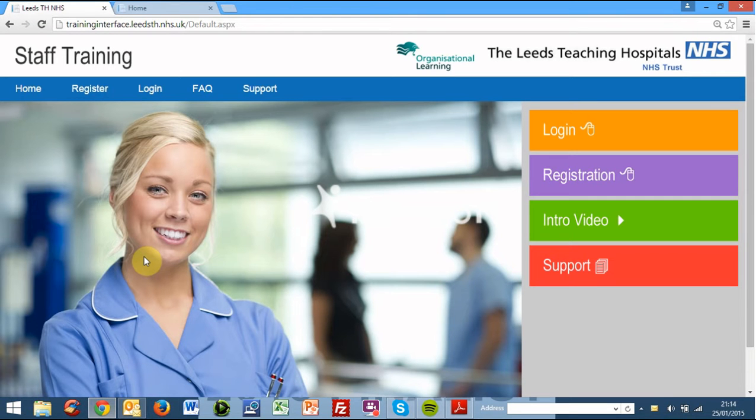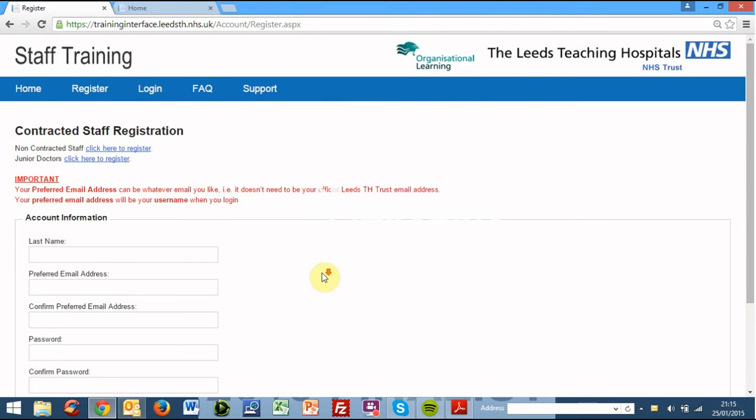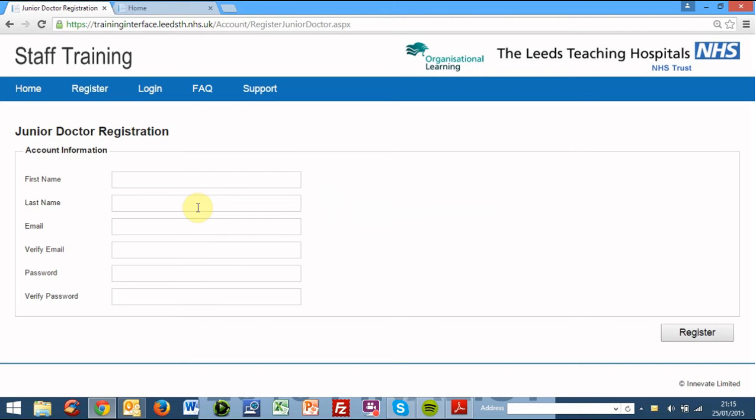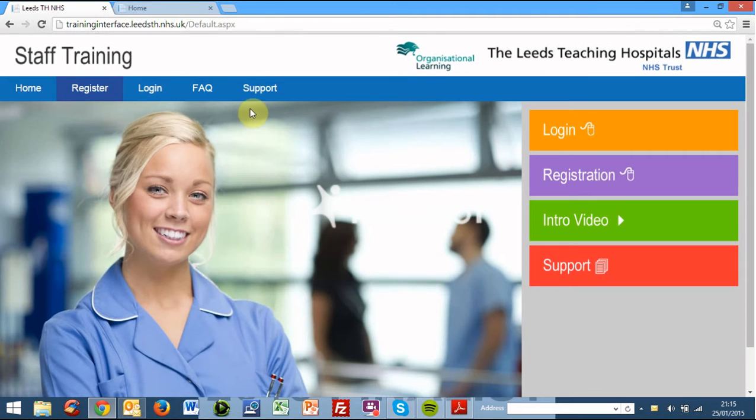So if we go back to the system, I'm going to register, and I'm just going to go through the registration first of all. It's very simple. So if we click registration, we go through. This is in relation to a contracted member of staff, but it's pretty similar for anybody else also. You fill out these fields, you simply click register, and then you can log in straight away. So if I log in as a junior doctor,